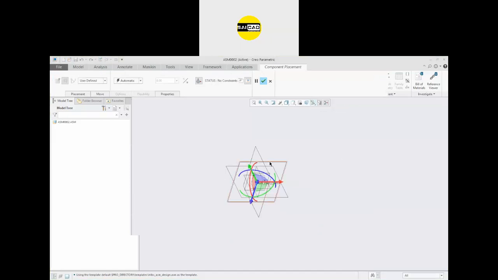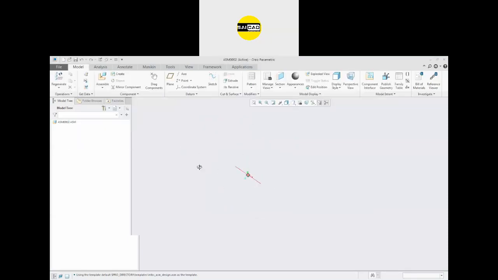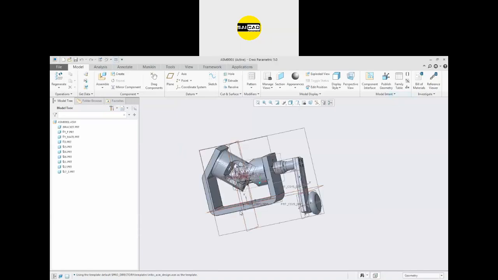define the plane where you want to create the component. So I want that component to be on this plane. Like that you can go here and create the component directly. I'm not going to do that right now. You can create the part directly. You can edit the part directly in this one.